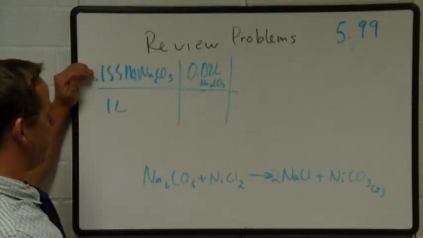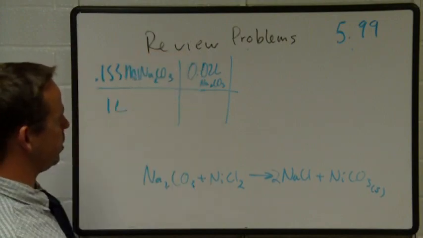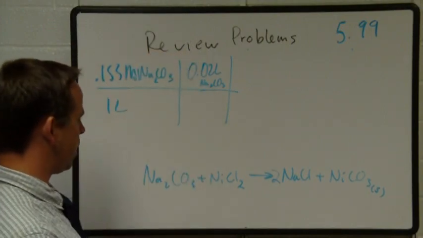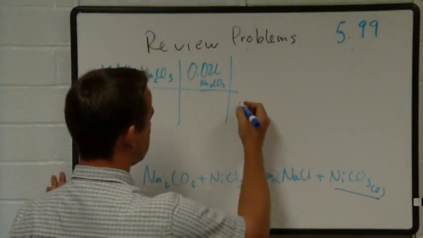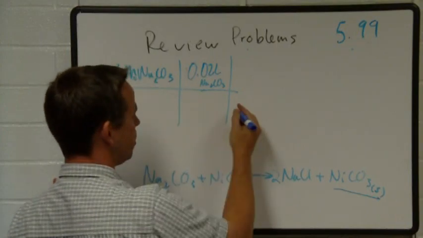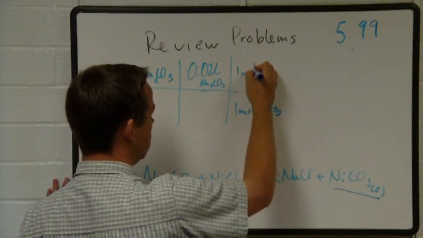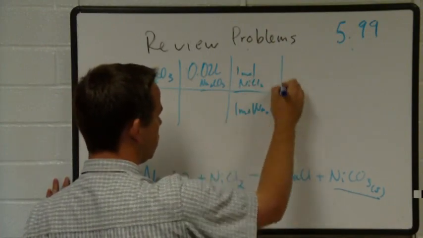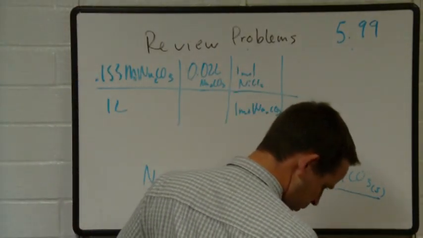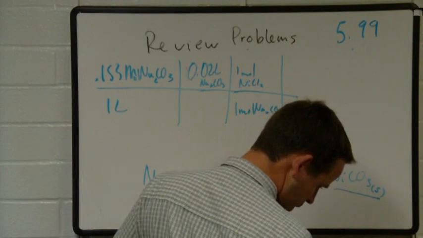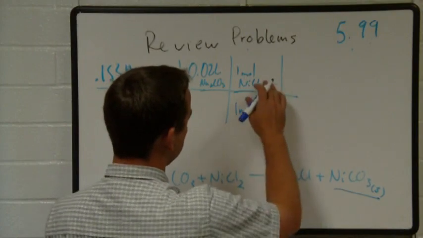All right, so we have this many moles per liter of sodium carbonate. And this is how many milliliters of sodium carbonate we have, right? And we see that for every mole of sodium carbonate, there's 1 mole of nickel chloride. So for every 1 mole of Na2CO3, it's 1 mole of nickel chloride, right? So, and we want to answer the question about 599, the question is how many grams of nickel carbonate will be formed? All right, so there's 1 mole of,